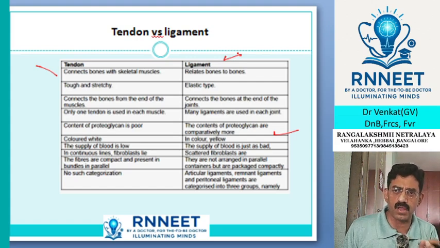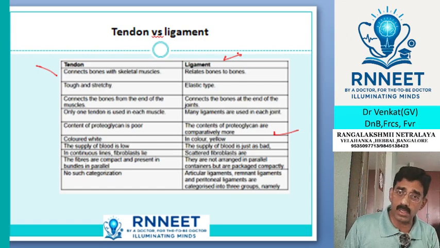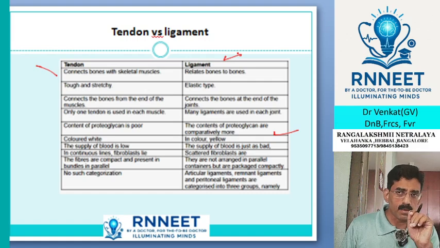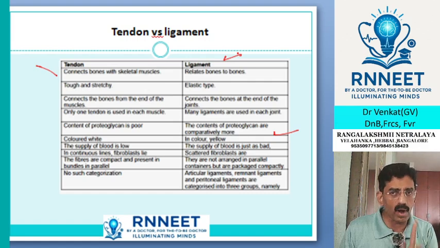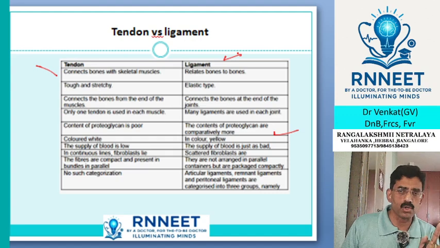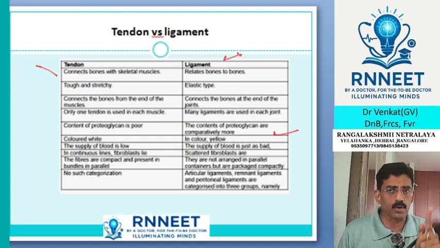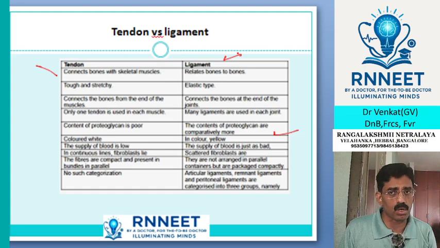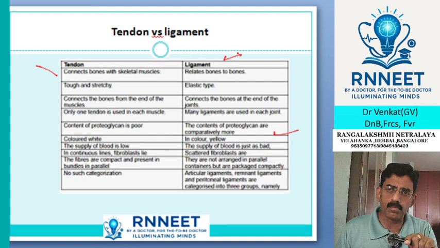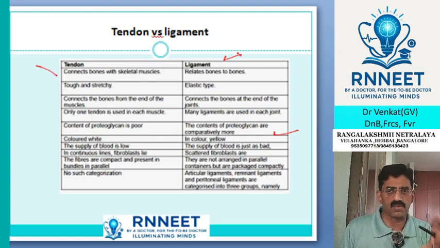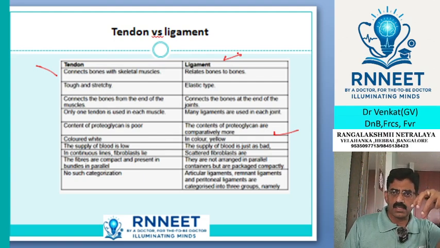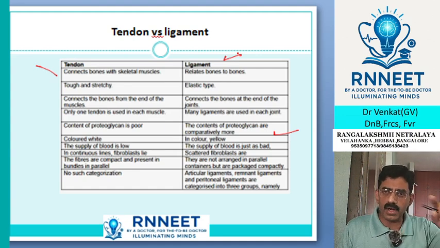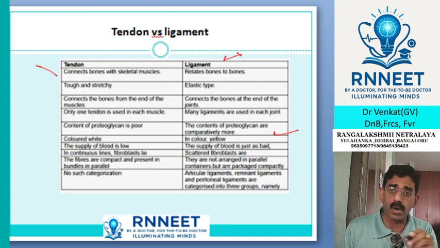You can have as many ligaments between one bone and another bone. Between the two bones you get as many ligaments, whereas there is generally only one tendon between a muscle and a bone. So if I take one bone and one muscle, you will get only one tendon. You don't get many separate tendons from one muscle to a bone, whereas between two bones, like the knee joint, there is the lower bone tibia and the upper bone femur. Connecting these two,